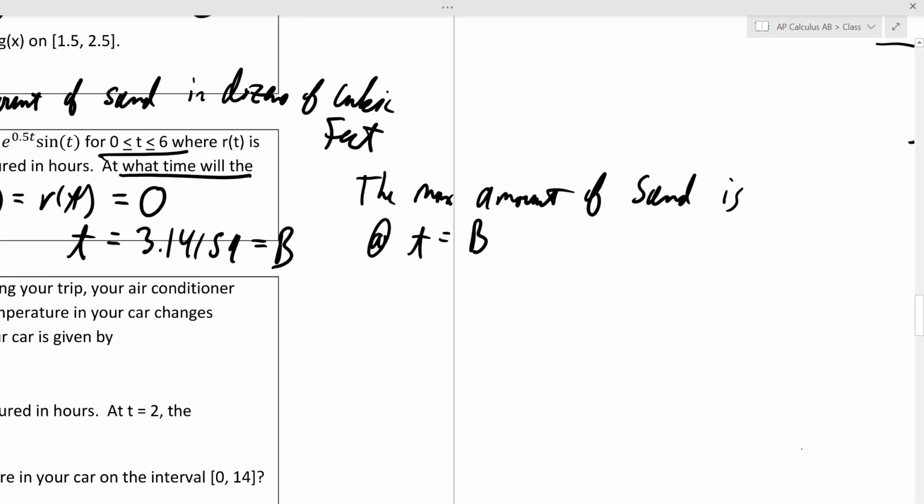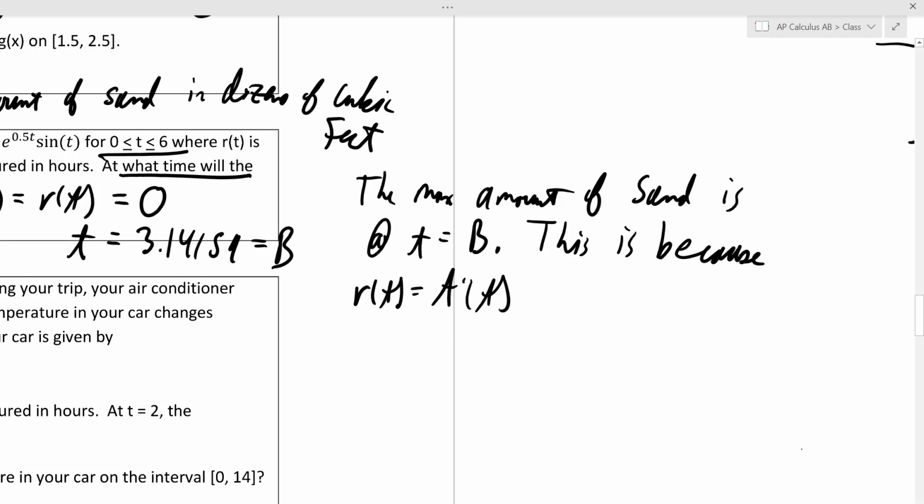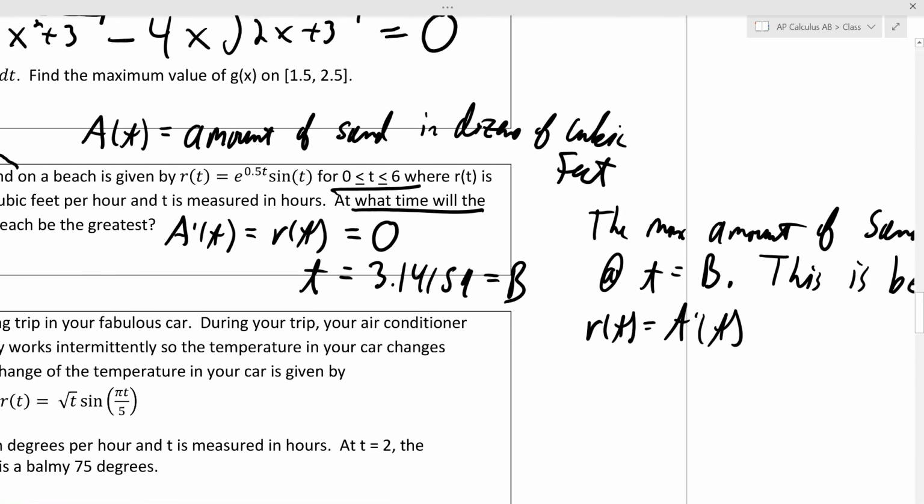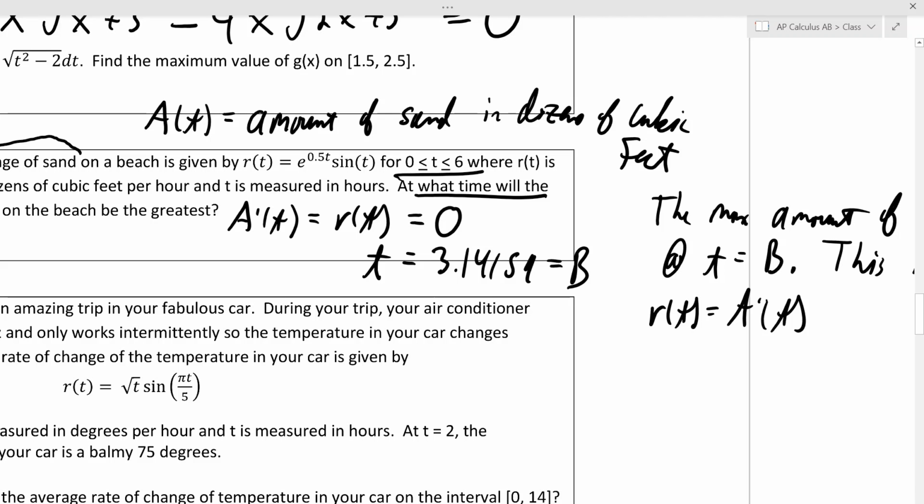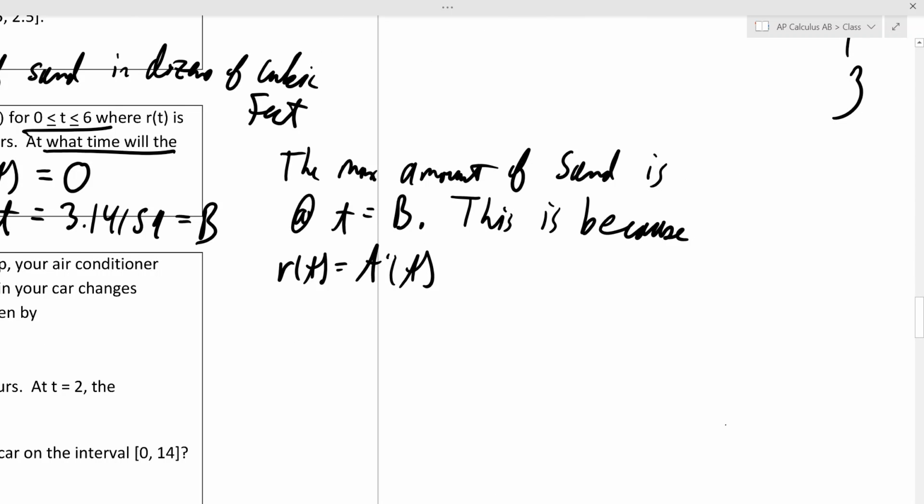It doesn't say to explain, but the AP test is going to say to explain. So you'd say something like this is because, now again, if we had actual values, we would just find the values at the endpoints. And when we explain why, there's going to be one that's the biggest. But if we don't have that, we can't find the values. We have to explain why we know it's a max. So this is because R of t, which is A prime of t, and I'm allowed to say A prime of t because I defined A of t up here. All right? So R of t equals A prime of t